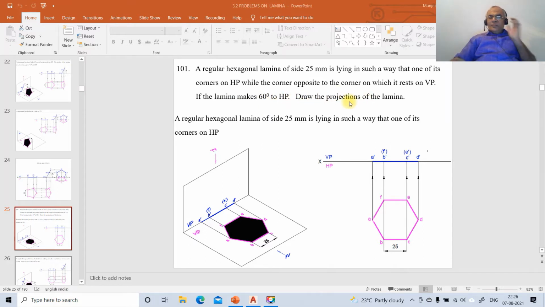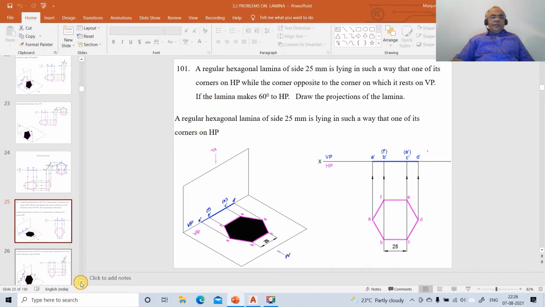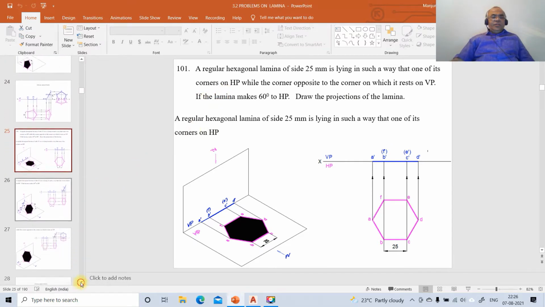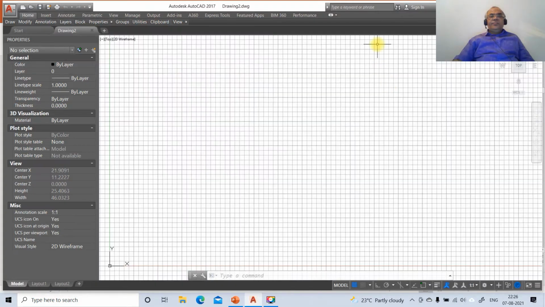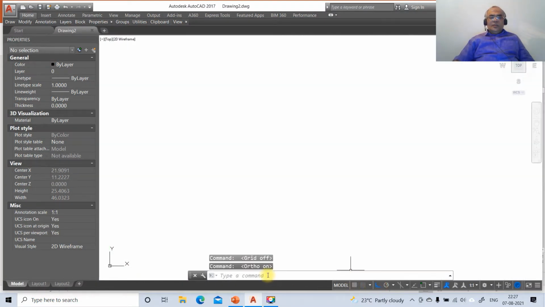So this is the problem. We need to solve this problem by using AutoCAD software, and the solution is here. This is how we will be able to create the solution, and we need to draw this by using AutoCAD software. To do that, first we'll go to the AutoCAD screen, switch off the grid mode and switch on the ortho mode. The first command is limits,